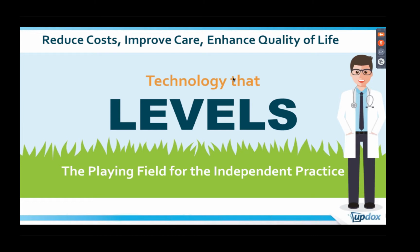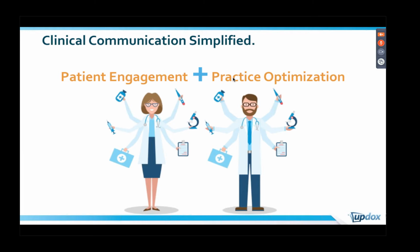So what Updox looks to do is help level that playing field, help your practice do more with less, and have a single point of contact for a few of those really important workflows that impact your practice. We kind of couple our solutions into patient engagement and practice optimization. And as a single partner, we're able to offer an application that's as easy as email and helps you work